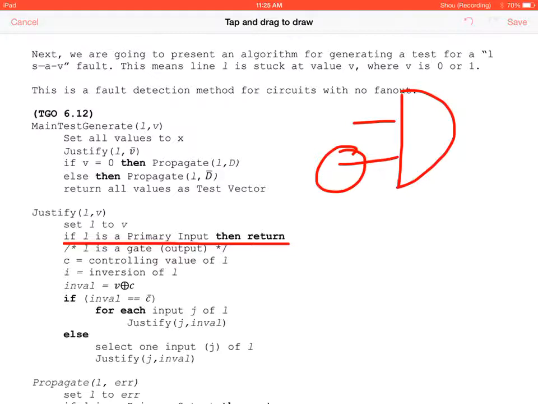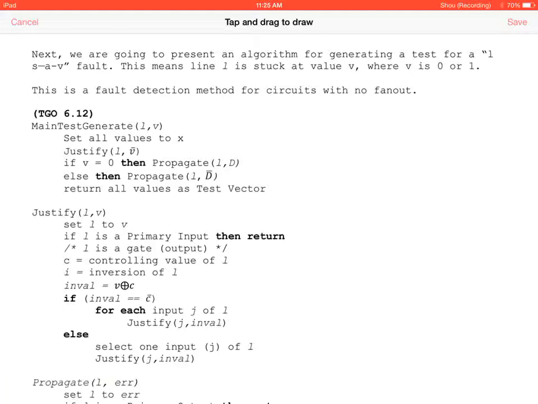And so that invalid is going to be V XOR C. So let's say we have our stuck at 1. We're going to call justify on a node, we'll just call this N0. We would call N0 and 0. We get into justify, we set